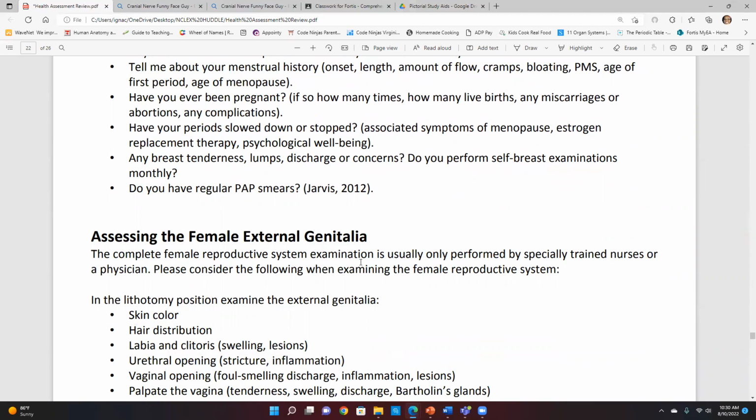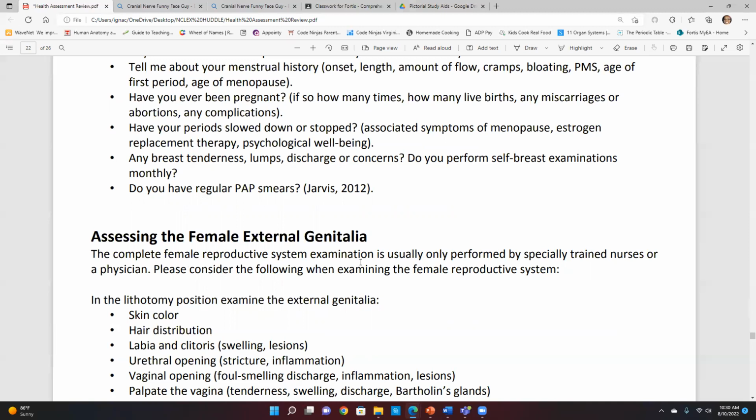Here's a great test question. The woman is performing her monthly self breast exam. When is the best time to do it? Well, if this is a post-menopausal woman, meaning that she no longer has a menstrual cycle, the timing doesn't matter. She can pick one day of the month and say, okay, on the first of the month, I'm going to